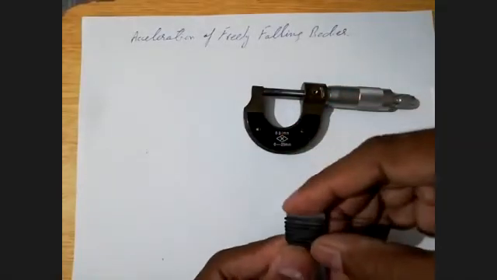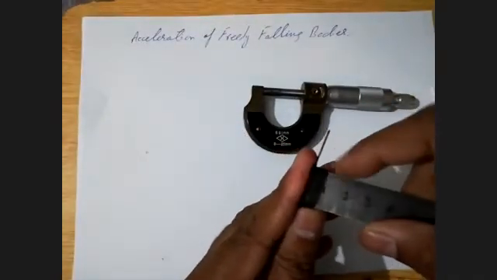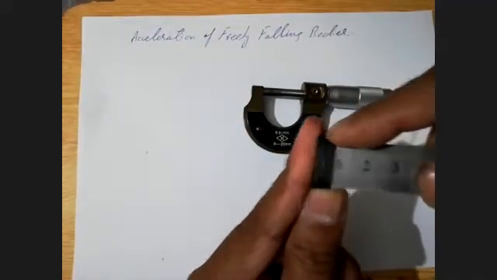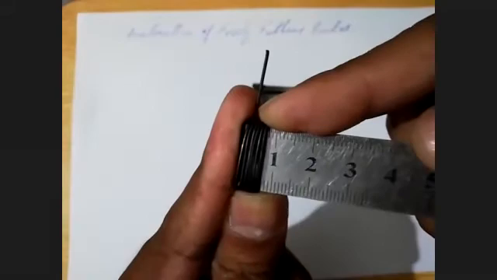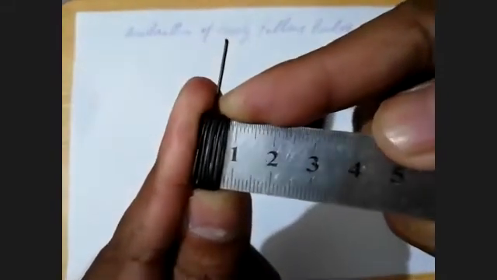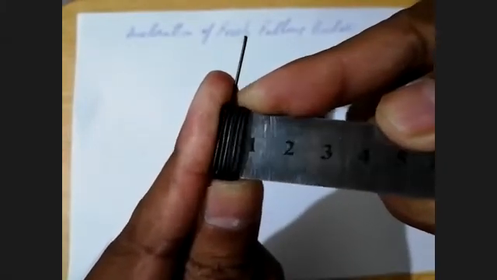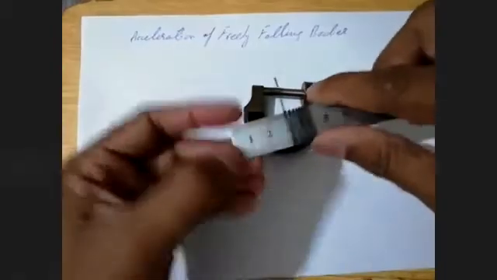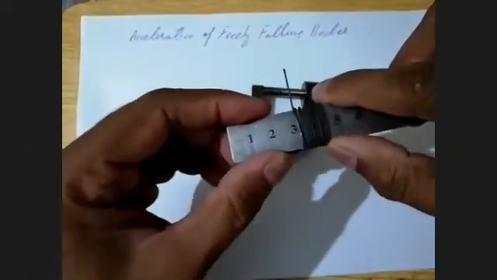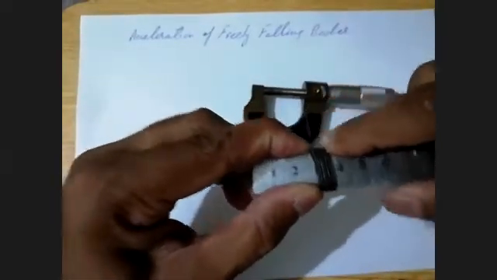So here you can see that from the very beginning, I am just pressing this wire like this, and then I'll see what the millimeter reading is, if you can read it. I'll try to bring it in focus. The lower reading you can read, if it is visible enough, is almost 0.7 millimeter. Okay, well, just wait. I'm placing it at the mark of 3 centimeter, and then after 3 centimeter,